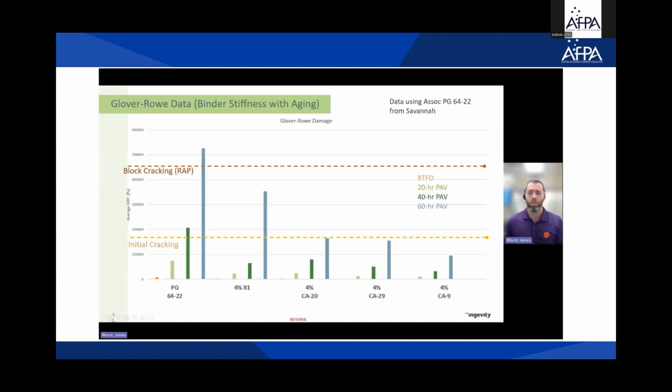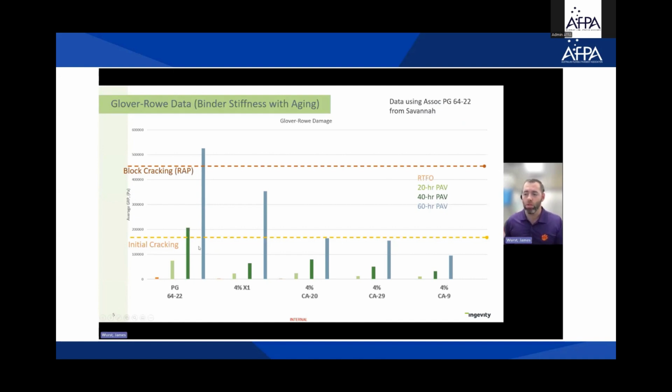So how do we evaluate rejuvenators? One of the key things we look at is what we call Glover-Rowe data. This data really goes back to when we correlated ductility or cracking to DSR parameters, things we can measure on the dynamic shear rheometer. Glover has set these targets for initial cracking and block cracking, a certain number of